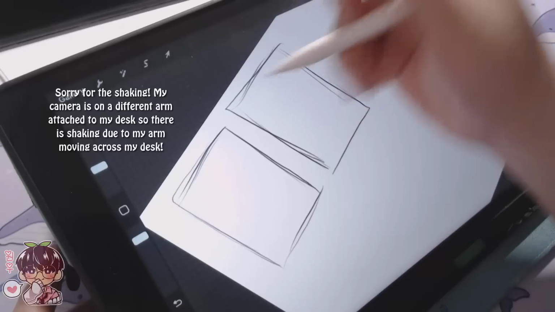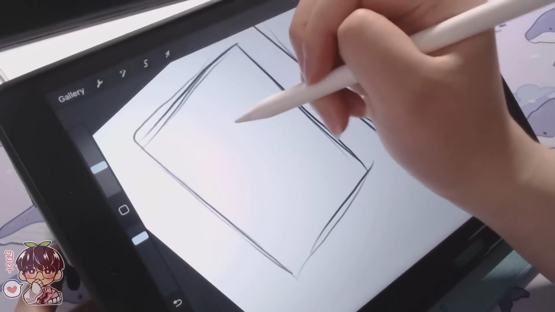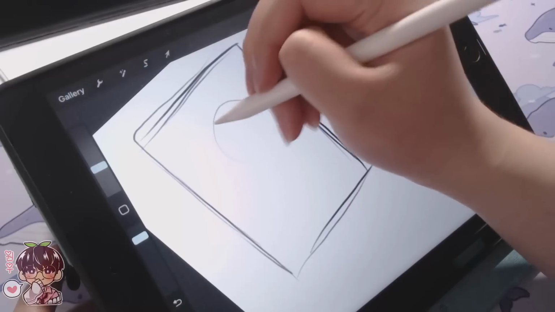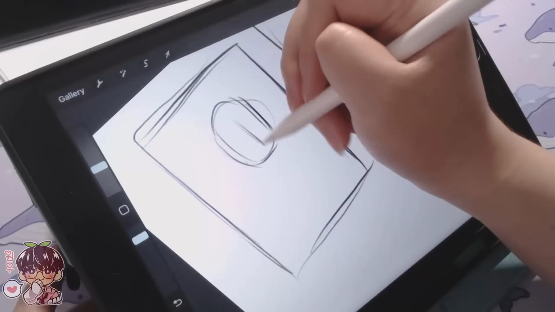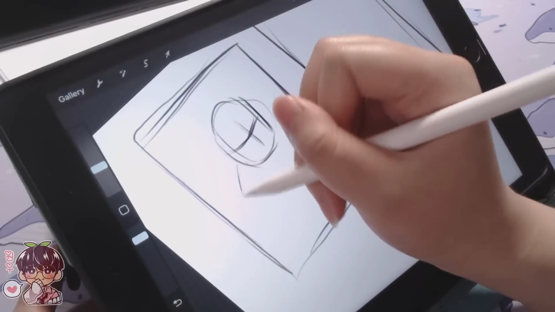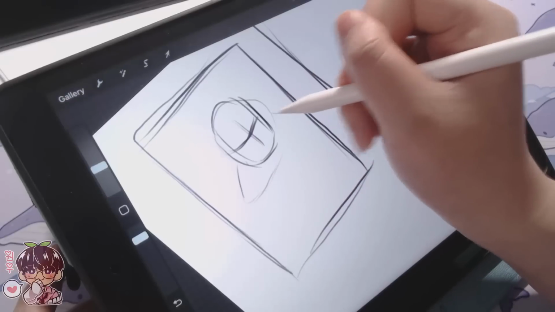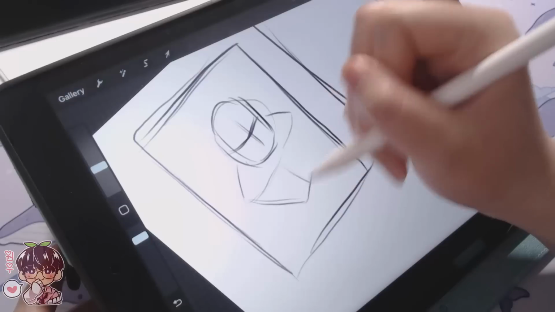Just as a follow-up from yesterday's video, this is the actual footage that I had for the animation video thing that I wanted to do for Live2D. So this is what I initially had planned. I did not lose the footage of me doing the sketching process for the thumbnailing. So I'm going to show you guys little snippets, because I don't want to show the entire footage, and this way it's a little bit more digestible.